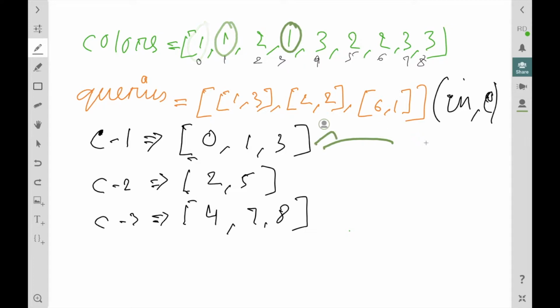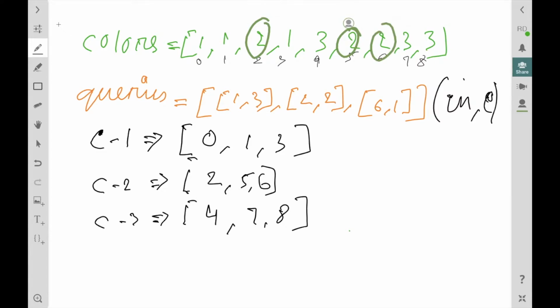Similarly, the indexes which have color 2, that is 2, 5 and 6, I have stored in C2. And the indexes which have color 3, that is 4, 7 and 8, I have stored in C3.